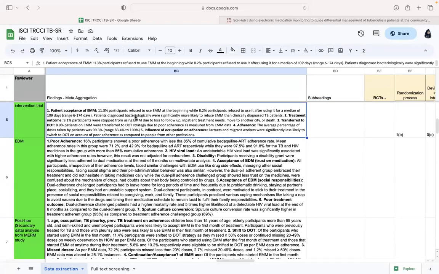So basically, we want to check the adherence of TB patients using MERM. MERM is, again, medication event reminder box. We also want to check the acceptance of MERM. What are the advantages, disadvantages, and what are the influences of demographic variables, like age, gender, location of where they are staying, urban, rural areas, all of that, and influence of these factors on the adherence of TB patients to MERM. So this is one such paper, a trial that we selected, and I have opened